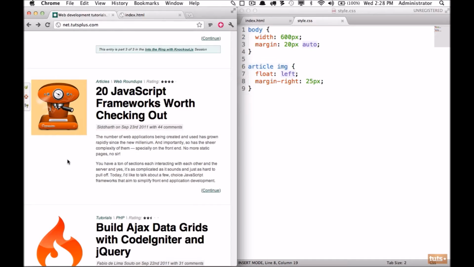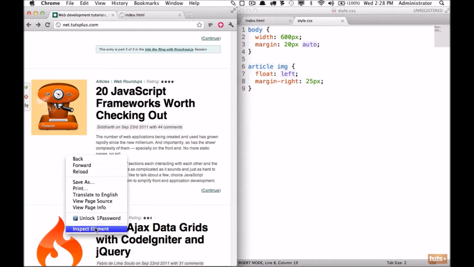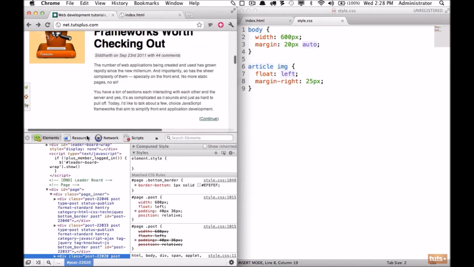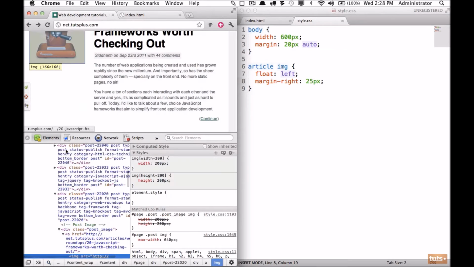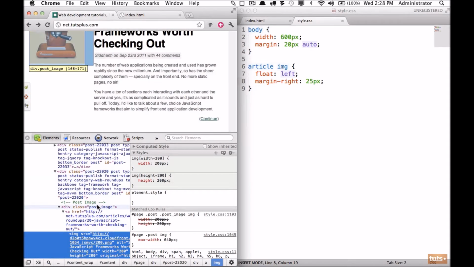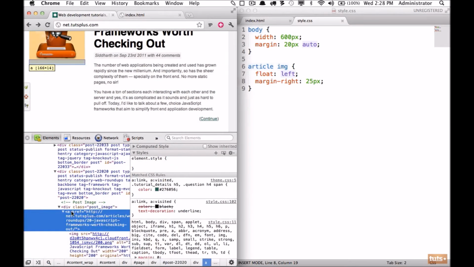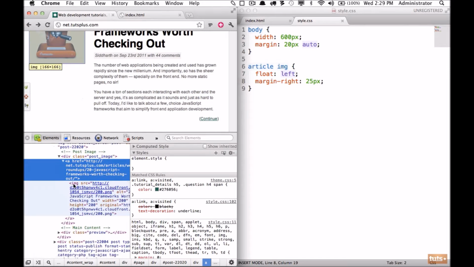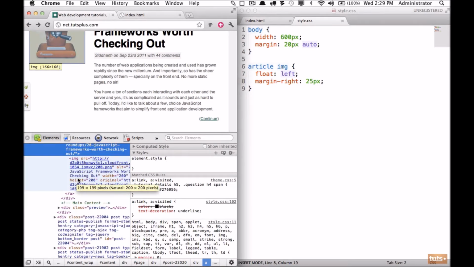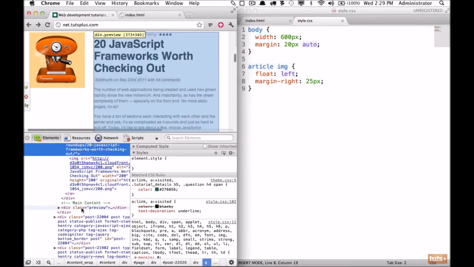So let's see what the original creator did. I'm going to right click, inspect element, scroll down a touch, and if we hit the magnifying glass, I can click on the image, and now can you see that he has a div with the class of post image. He has an anchor tag because you can click on the link, so we need to make sure that we add that to our markup. Then he has the image itself, and then he wraps the entire main content area within a div with the